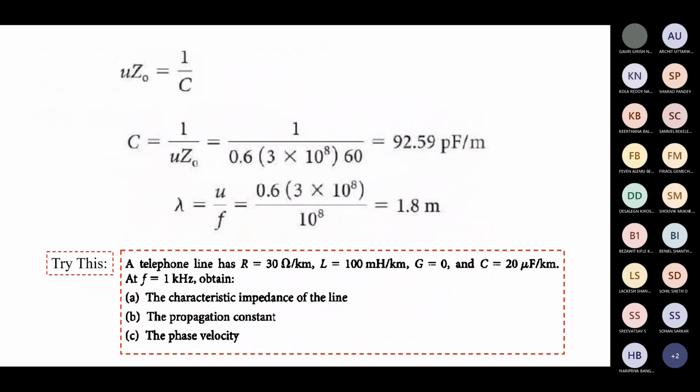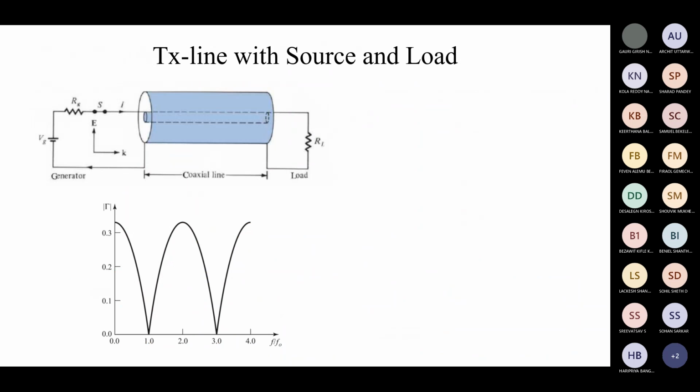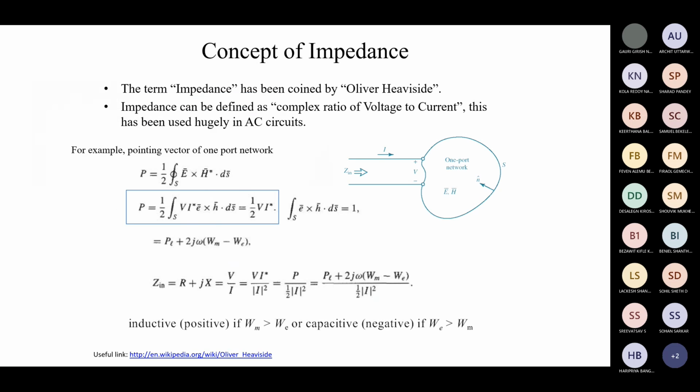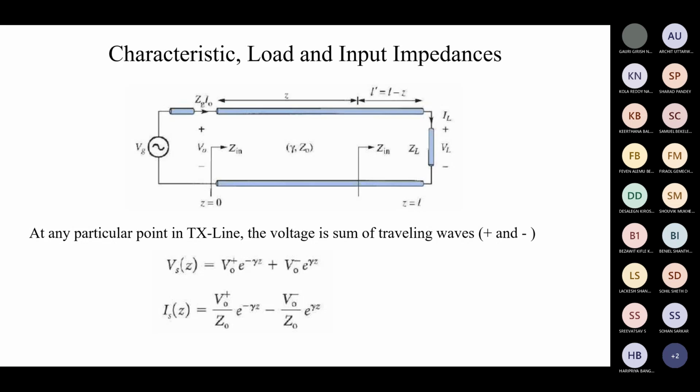The second part of the transmission line theory is nothing but defining its impedance as a function of the position or the length of the transmission line. So how to do that? For this we have taken a setup. In this setup we have a source and a load, and both are connected by means of a length of transmission line with length L, whose alpha and beta are given in terms of gamma,